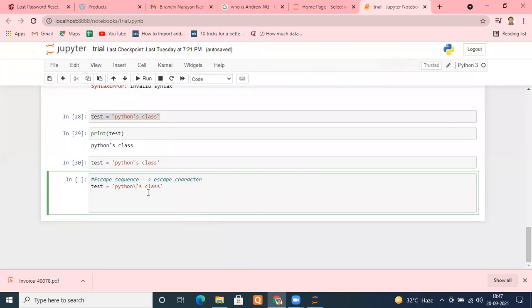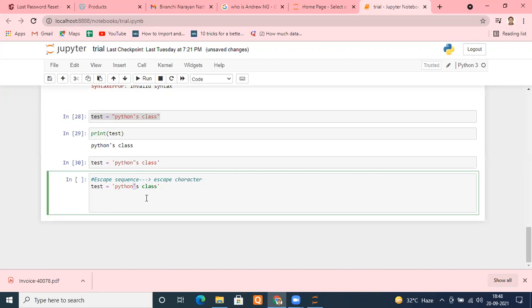Otherwise, what's happening here? This quote has a special meaning of terminating the string, right or wrong? If we are using single quotes only, and at the beginning we found a single quote, then whenever the next single quote comes, it means the string is getting completed, right or wrong?